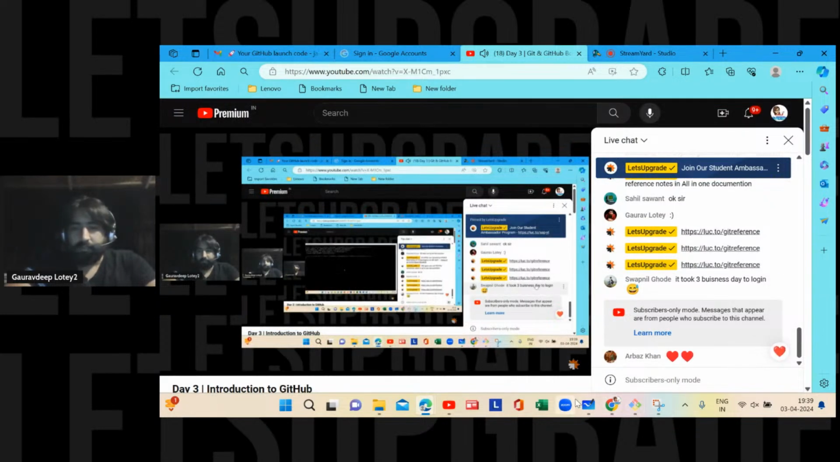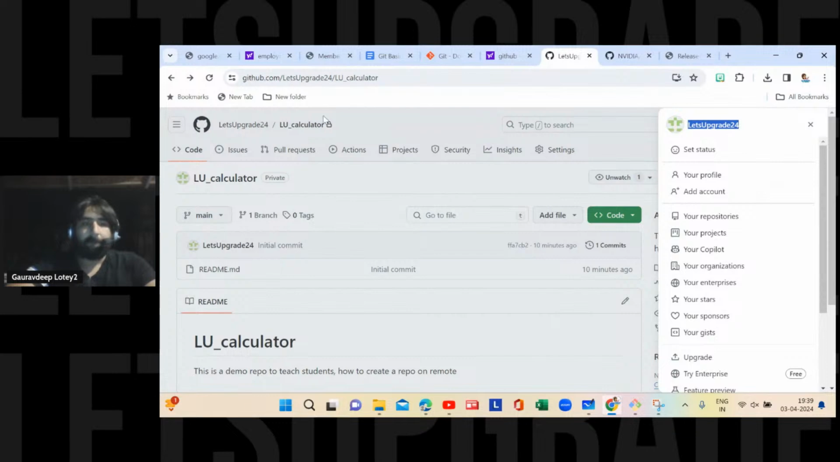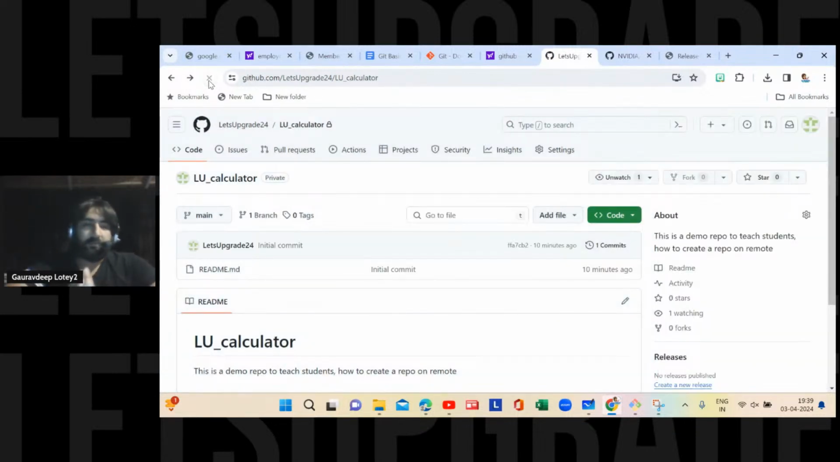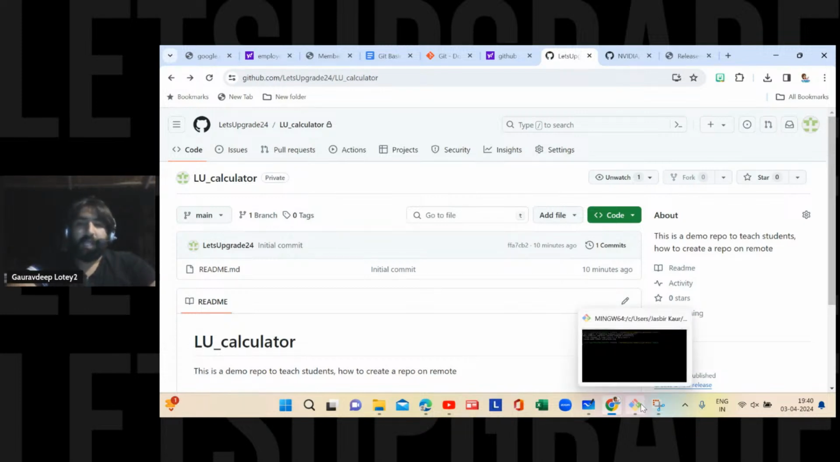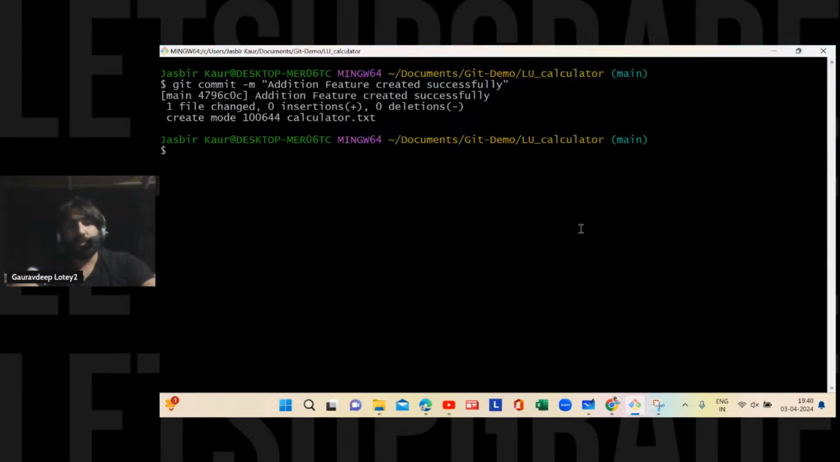Okay, let us just quickly go back and check the remote repository. You see, still the last thing was 10 minutes ago. This repository was created. No other commit has come up. Initial commit is there by default. It is always there when you create a README. Okay, your repository is 10 minutes old. That's it. So now, in order to push to the remote, the command is git